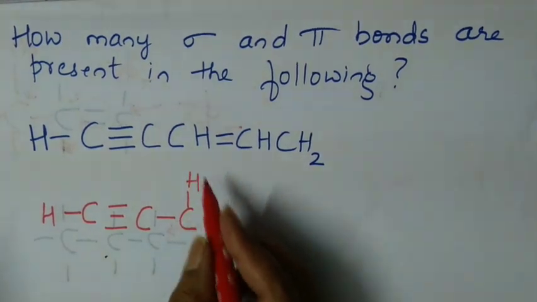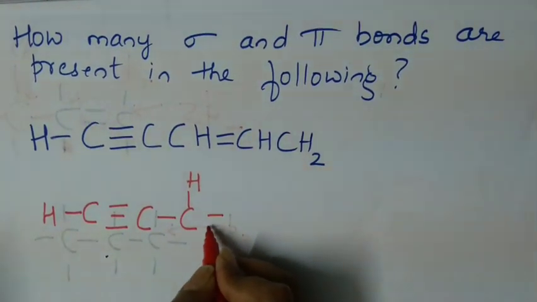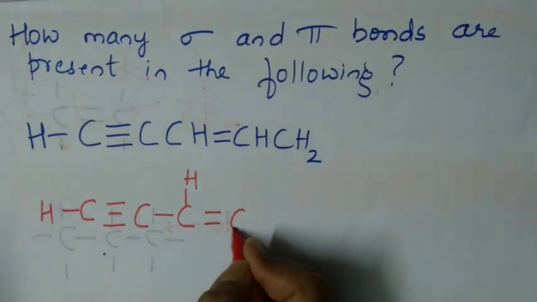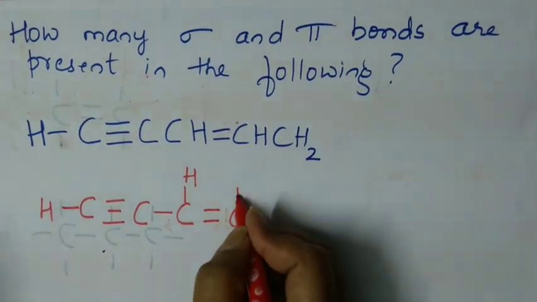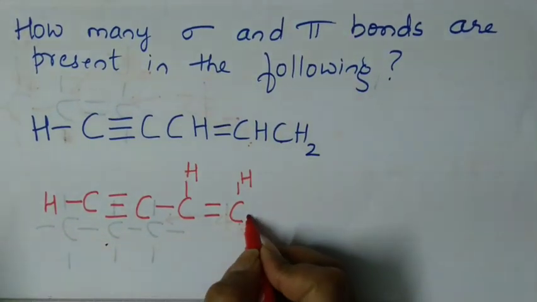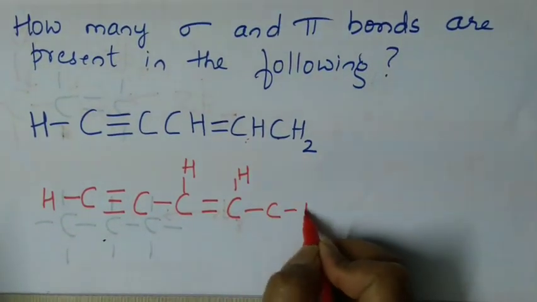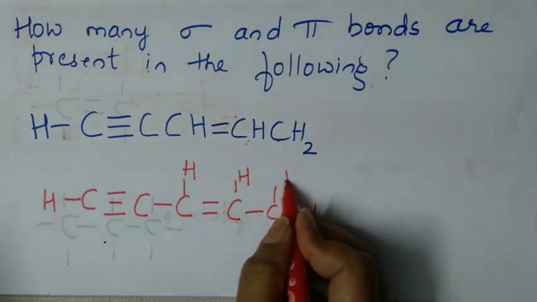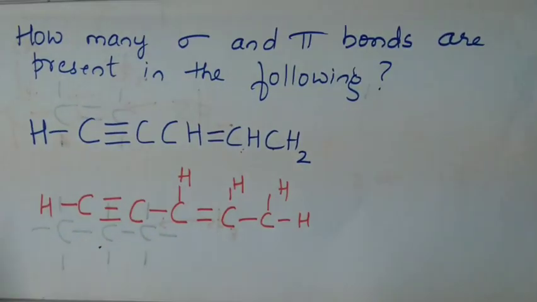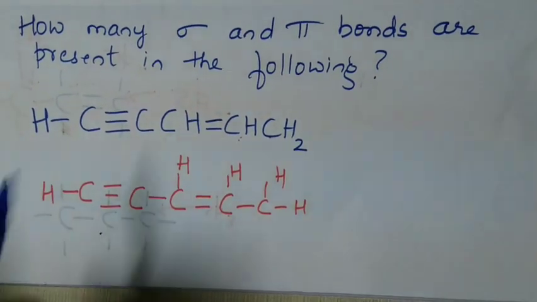You have to show hydrogen outside so that you'll be able to write this double bond. So I have written the double bond, carbon, and this hydrogen I am going to show outside, followed by this carbon atom, carbon. And how many hydrogen atoms are attached? 1 and 2. So first we will mark all the first bonds which are formed, or sigma bonds.